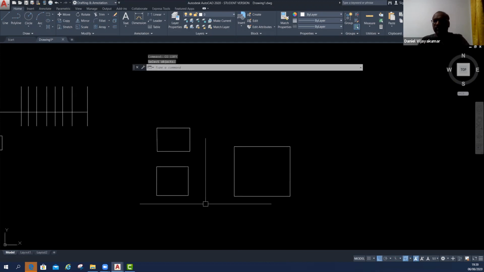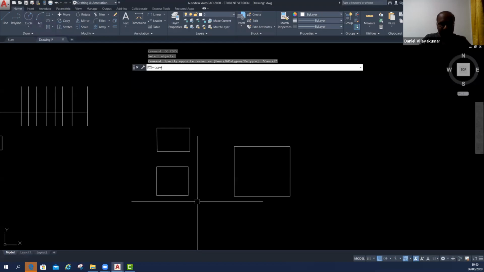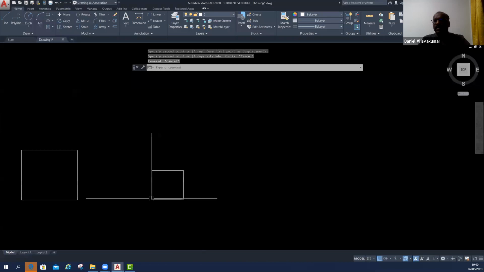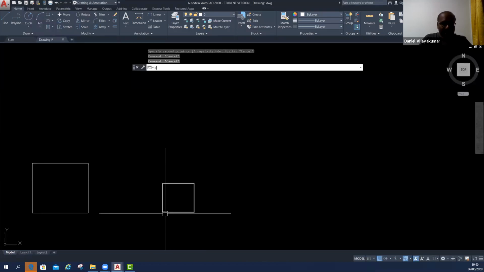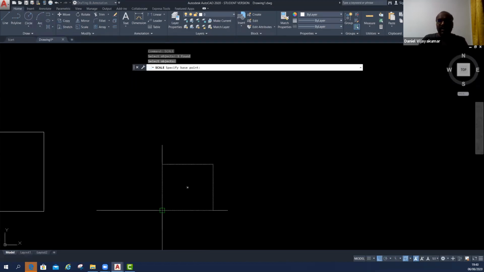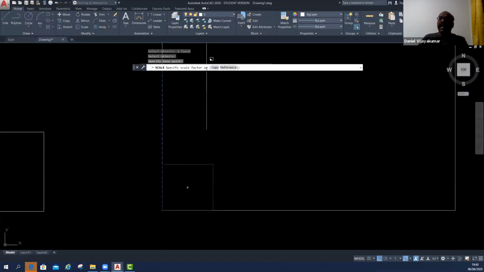That's what I'm going to do now. I will copy this object and bring it here. Now I'm going to use scale. SCALE, Enter. Select object. The computer is asking you to select the object. You select, then Enter. Then you have to choose the base point. Anywhere you can choose, here or here. I will choose the left corner. Click. Then see here, the computer is asking for the scale factor.